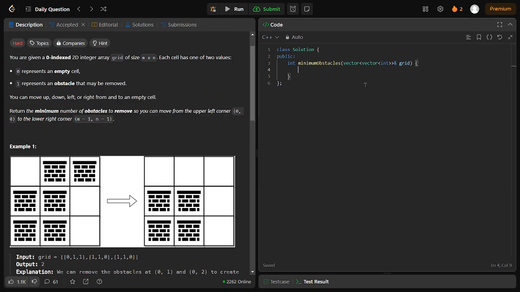So I can take this A, and M is the number of rows, N is the number of columns. Now I need to define a priority queue. So we can use the STL function of C++,